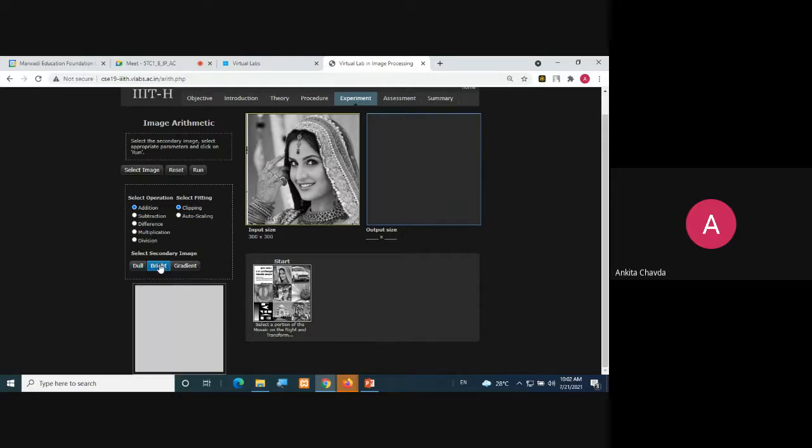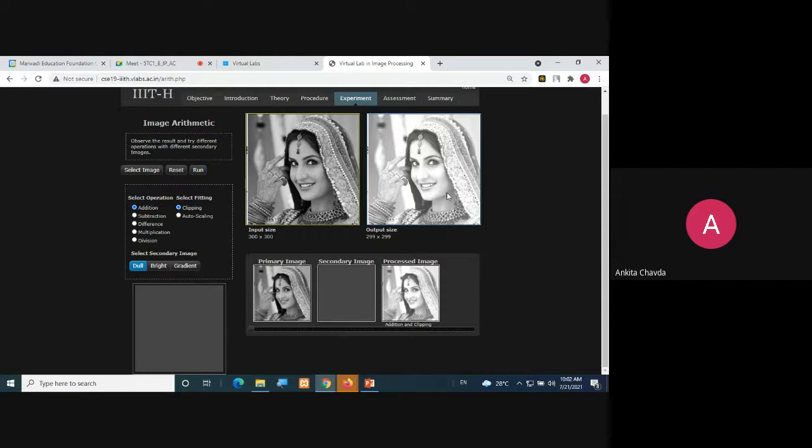One is the bright image, which is near to white, and there is a gradient image which goes from dark to light color. So first I'm doing addition with this dull image. Now I'll run it. See what I'm getting.